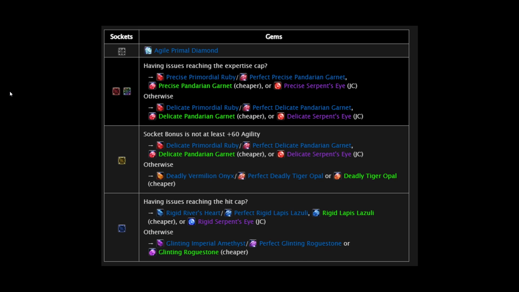Don't forget the pets. We have the Agile Primal Diamond on the meta slot. If you're having issues with the expertise cap, there are gems that can help you with the precise primordials. Otherwise, if you're not having issues, then go the delicate. On the yellow, this is interesting, right? What I'm saying here is if the socket bonus for a yellow gem is plus 60 mastery,